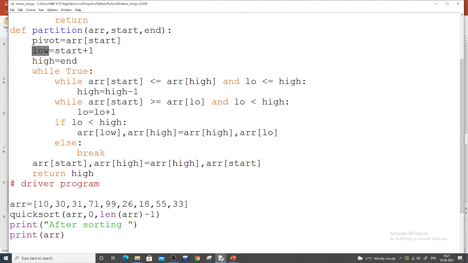Yeah, I'll use low, W, low equals start plus 1, W, low, array of W, of W. Yeah, Control S, F5.